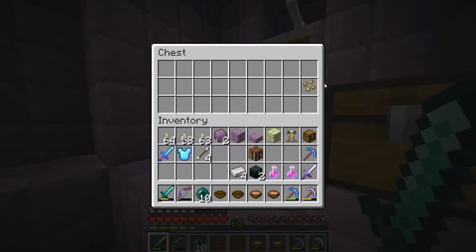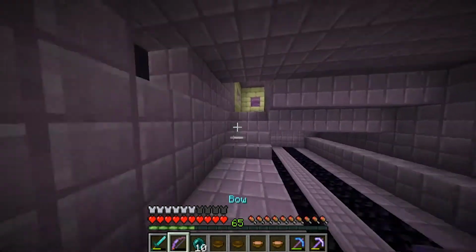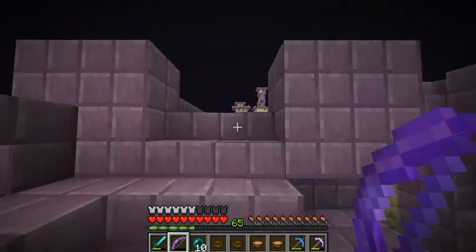This is just going to be one for the grindstone. Beetroot seeds I don't really care about. It's all about that elytra though. And with that, we're going to take out the last one or two shulkers around here and call it a